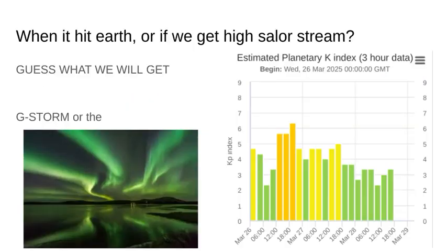And what happens if it hits Earth, or if we get a high solar storm? When it hits Earth, it can combine into higher speeds and higher solar wind. It can connect to higher magnetic field strength. So here is how the magnetic field storm works on Earth. It hits our magnetic field,